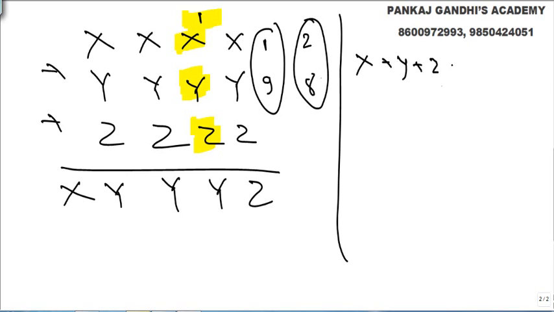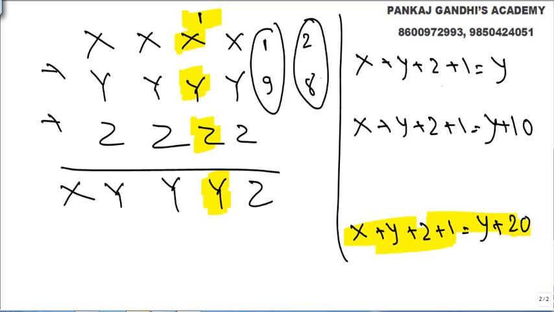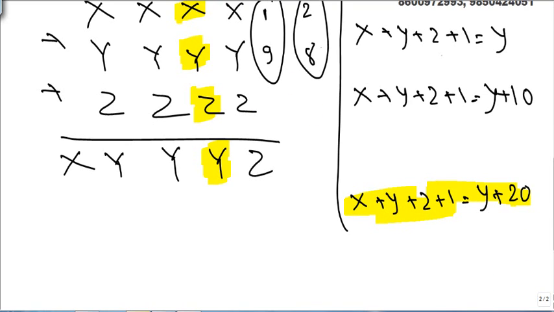X plus y plus z plus 1. The last digit is y, but it can be y, y plus 10, or y plus 20. The summation of three things can be at most 20 plus something. Let's try. If we try this case, what we get is